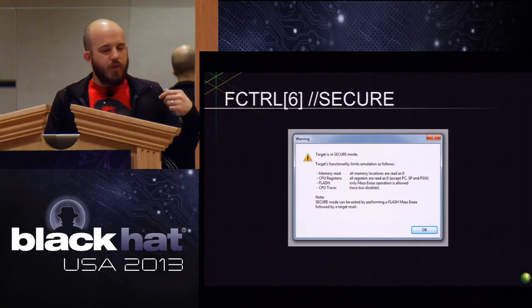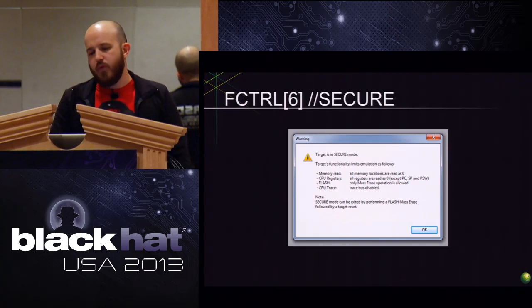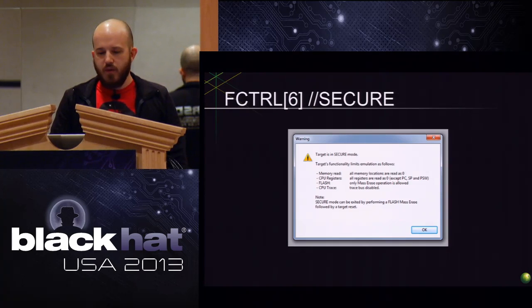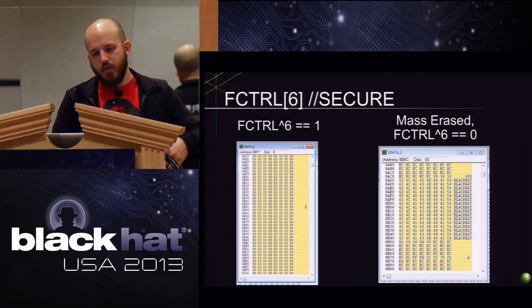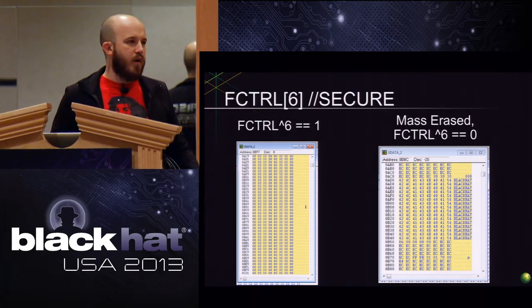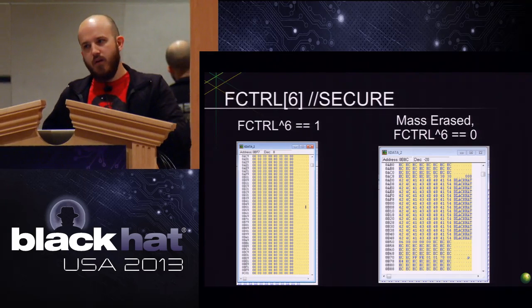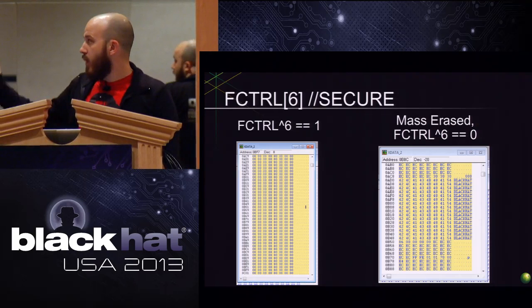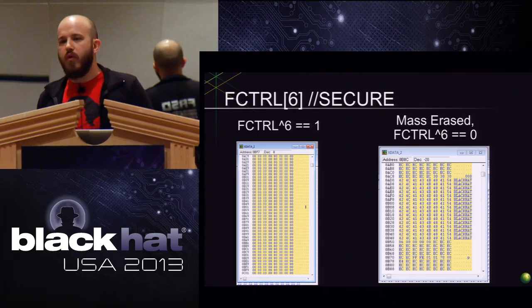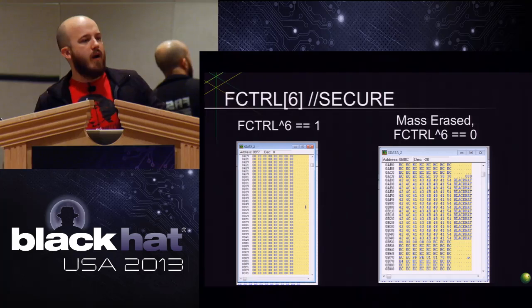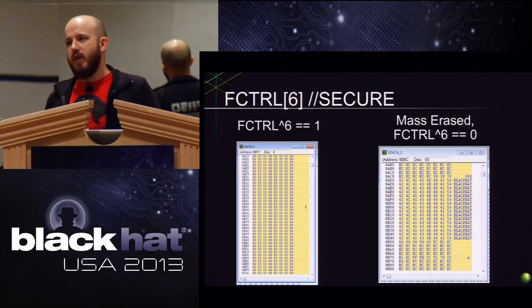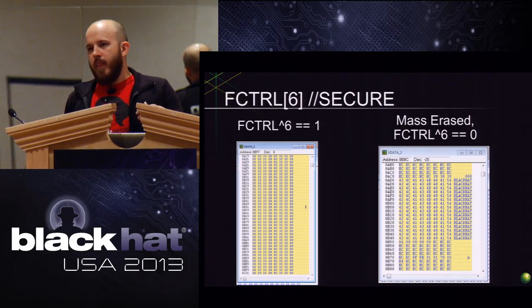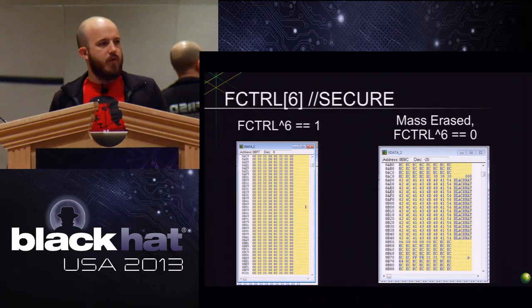So this is the screen that pops up on the debugging interface when it's in secure mode, when that bit has been set. On the left is what it looks like whenever that's been set, and it's basically saying no, you don't get access to any of that stuff. But after you do a mass erase, the code is gone, but all the data is still there. This is an example where we had some code that loaded Black Hat into memory, and then we wiped that code, and then we lit up the debugging interface, and wow, I can still see all that stuff. Now,